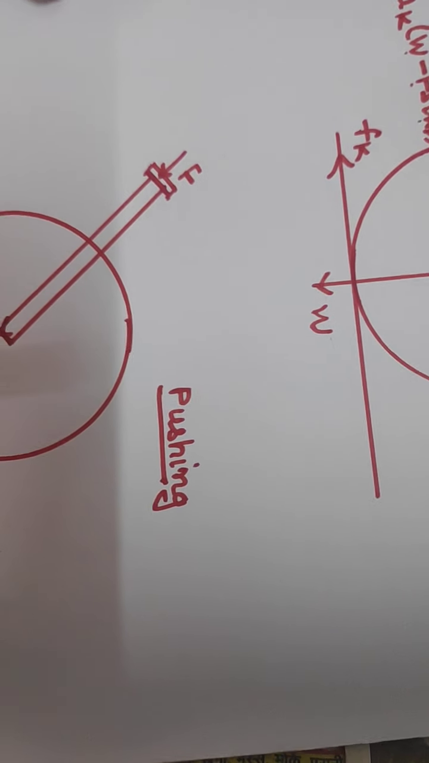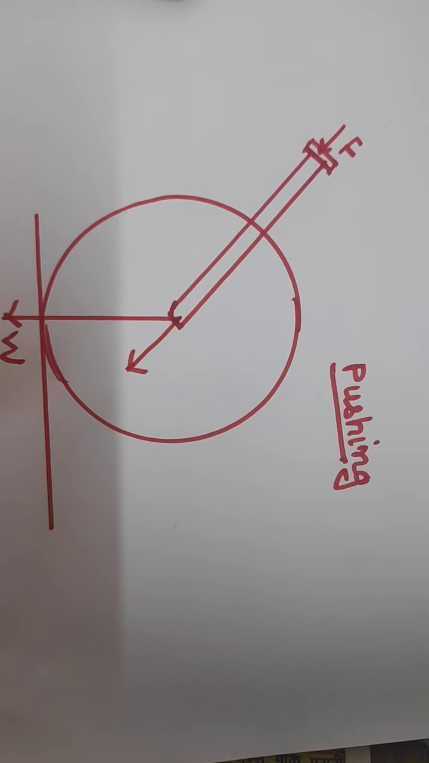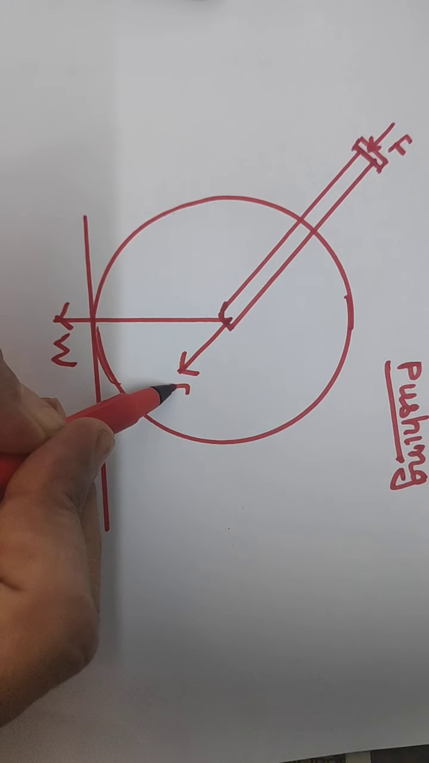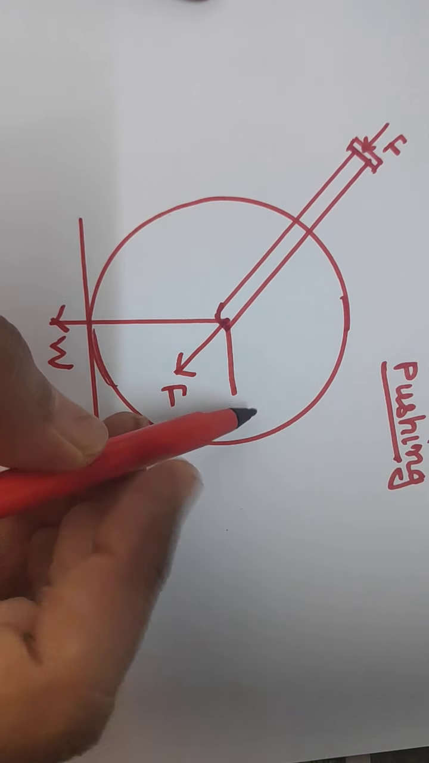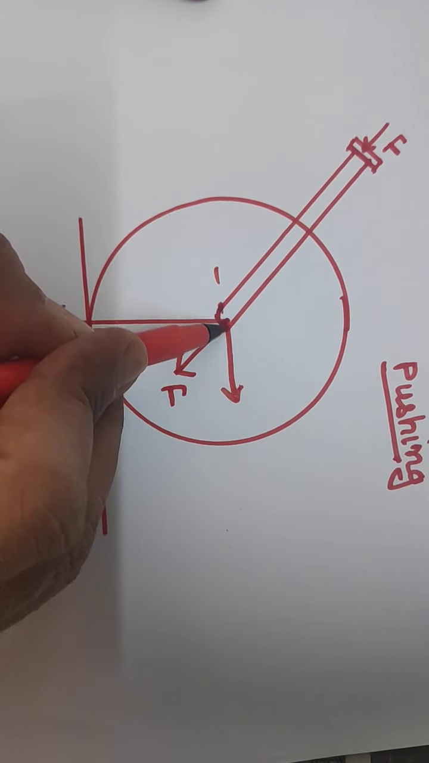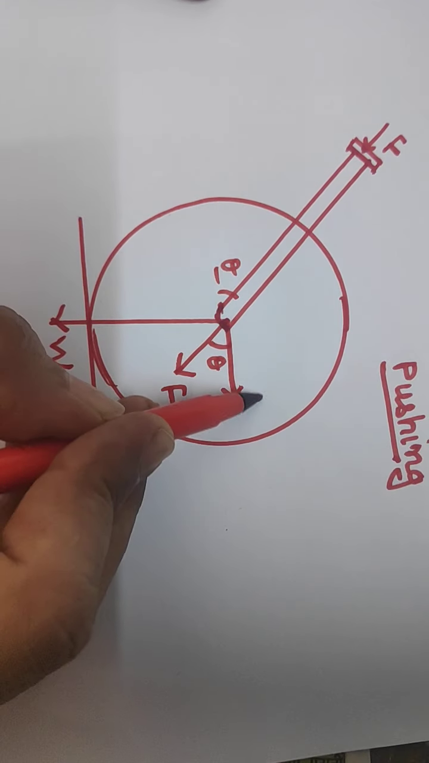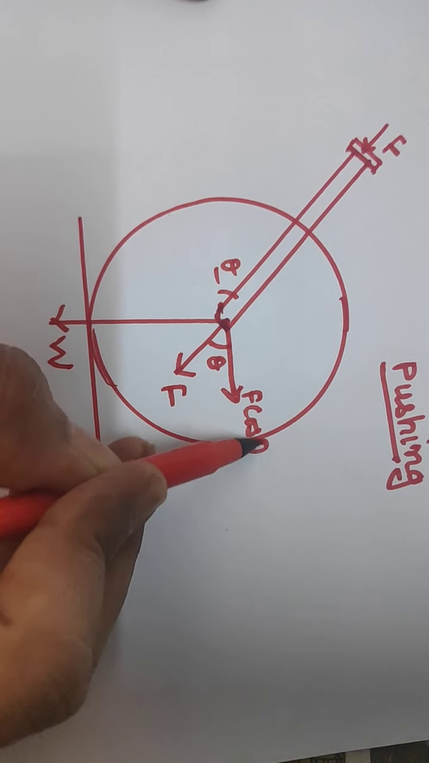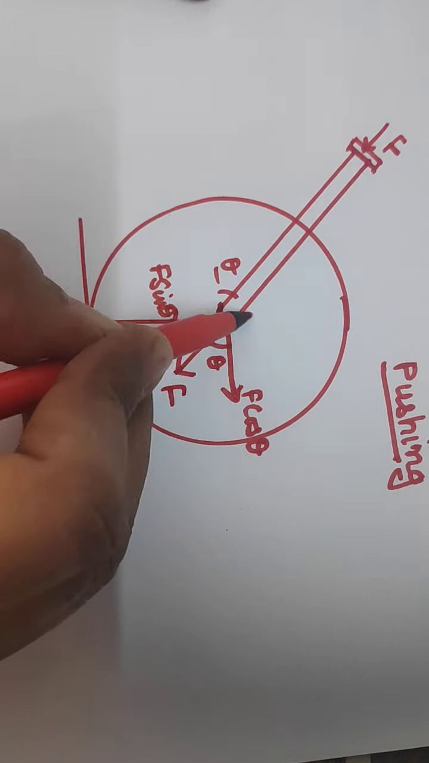Now let us consider the example of pushing. Now we are pushing here, so the direction of force will be like this. In this case, the direction of force is this. Now from horizontal it is making an angle, this angle is theta, so this is also theta, so this one is F cos theta, and this is F sin theta,